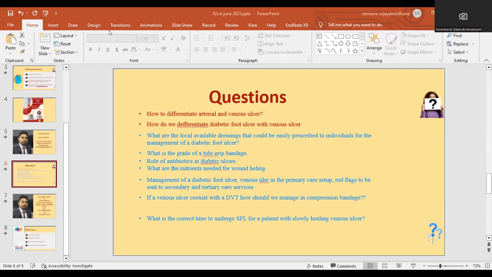You can change the dressing frequently, see how the discharge is. Sometimes I see patients every week, sometimes every second or third day. So it's your assessment, and you know how it progresses. If that is progressing well, then you are winning, so you don't need to think about further management. Usually they settle, just their pulse present. Venous ulcer, again, you can manage.